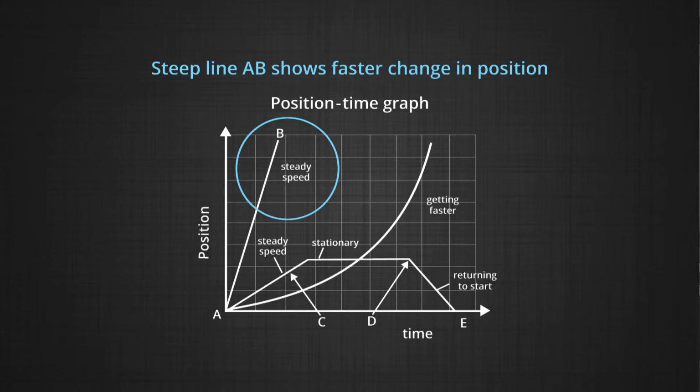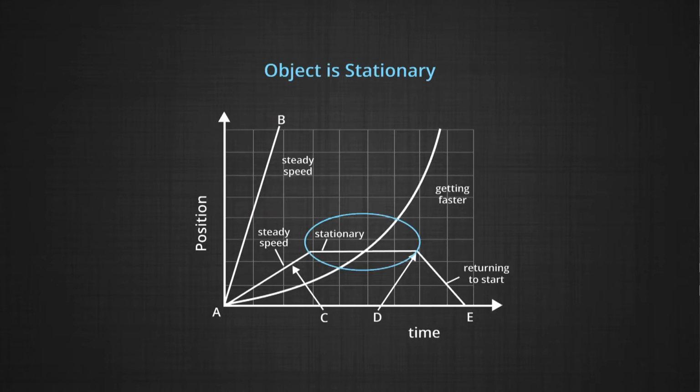To understand it a bit more, let us see what is the meaning of the position time graph where it is parallel to the x axis or the time axis. The stationary segment here is basically showing that the position has not changed in this duration, and therefore, the object must be in one location only. One location as the time passes only means that the body must be stationary or at rest.